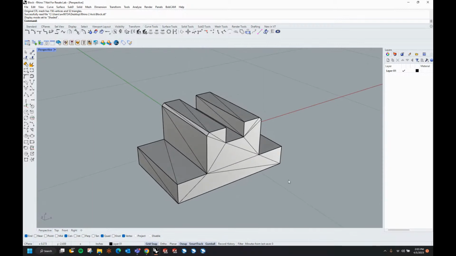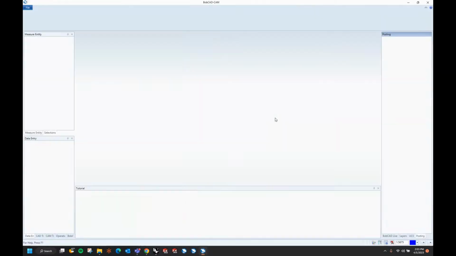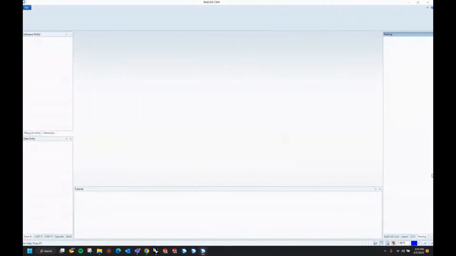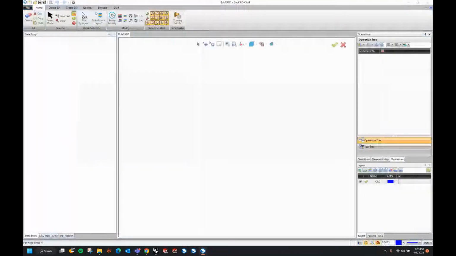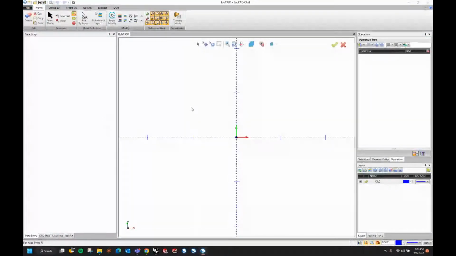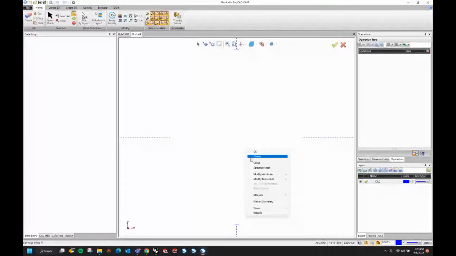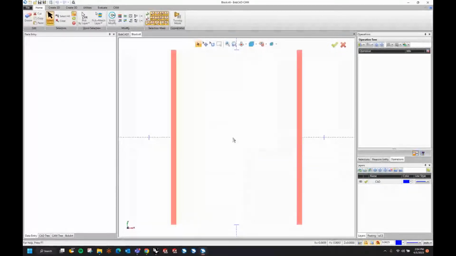And when you have an STL file, typically, just to show this as an example, if I go into BobCAD, there's no edges to this. Same thing in SolidWorks most of the time. You're not going to have edges to these files. They're just essentially an image of a 3D model. So just to give you a reality of what I'm talking about, if I load that part into BobCAD, I can hardly see it just because it's one color. It's just white. But if I change the color of it,